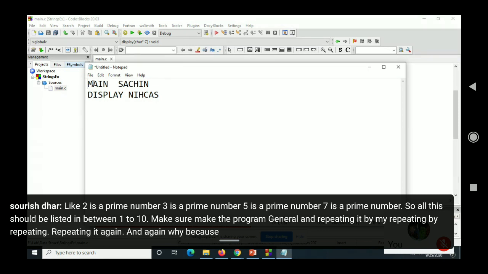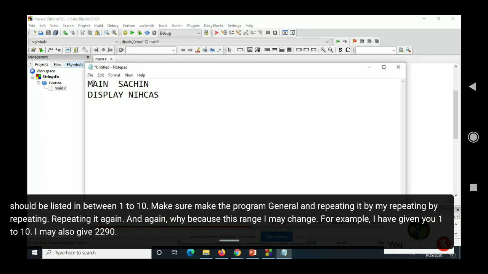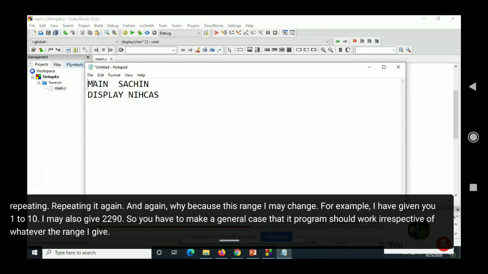Because this range I may change. For example, I've given you 1 to 10. I may also give 20 to 90. So you have to make a general case so that the program should work irrespective of whatever range I give. Clear?